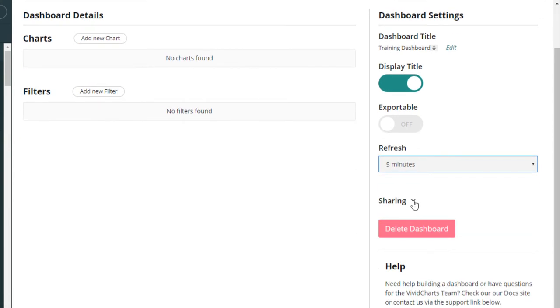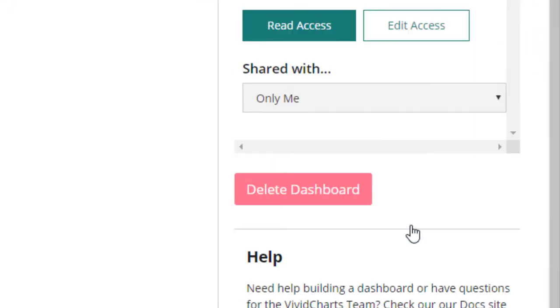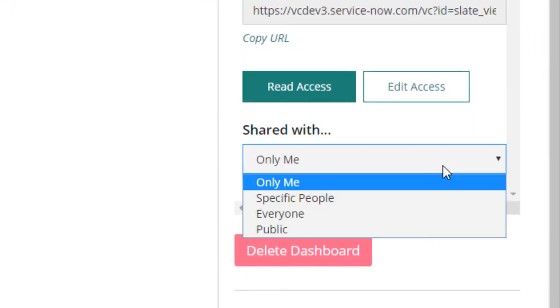We also have a sharing section in which we could either copy the URL or provide read access to various parties. These include only me, specific people, everyone, and public. The difference between everyone and public is that public will not require a login to view the data on the